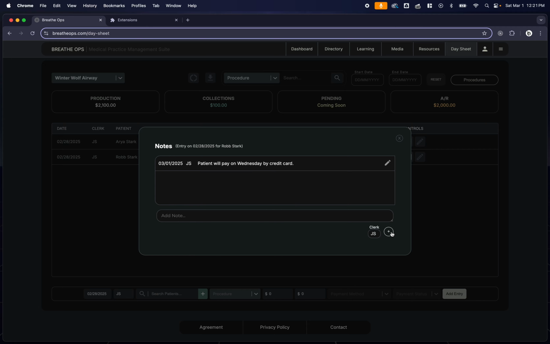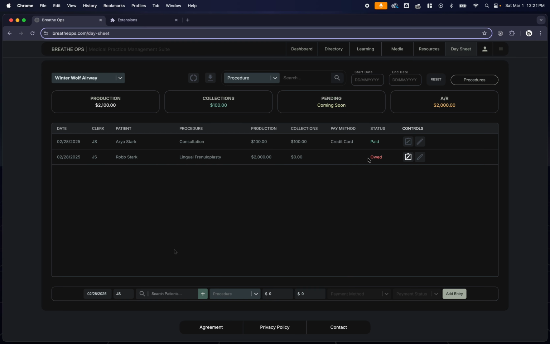The note records the date and my initials, so whoever views this knows who made which note and when. So now let's say 1 day later, the patient makes a payment for that procedure. So I'm going to go ahead and change the date, look up the patient,